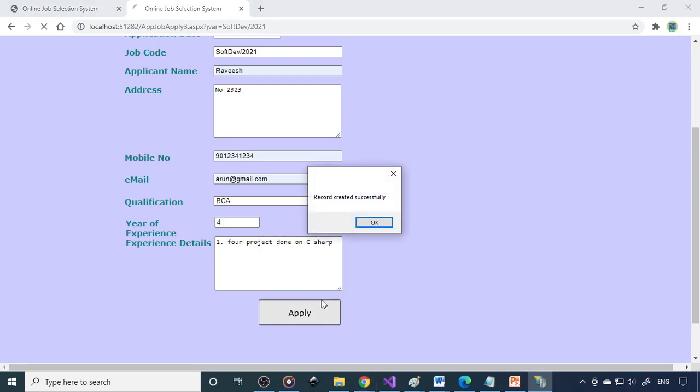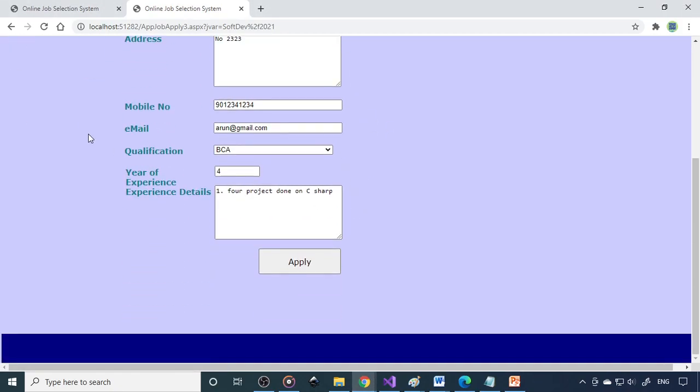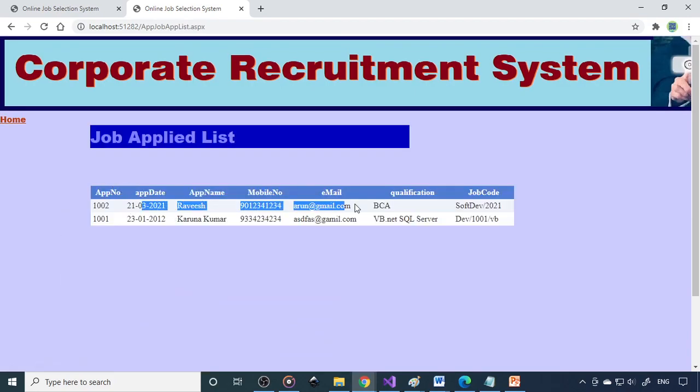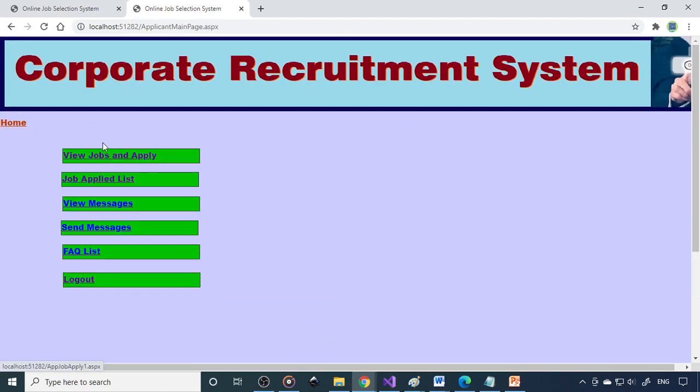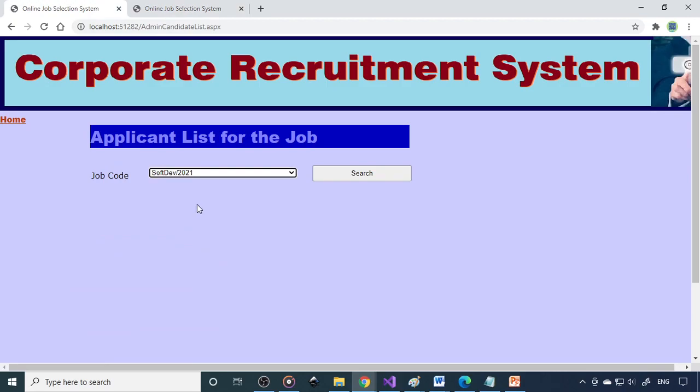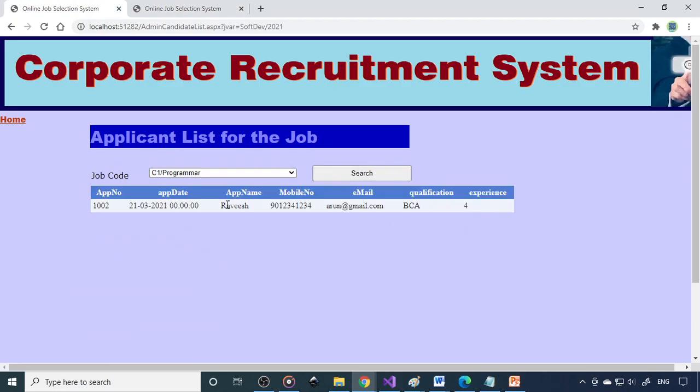Right, so you can apply for this. Now you can see the applied list. So what are the applications done? So that applied list. Now from the admin side, you can see that there is a candidate list for this job. So that list will come here.